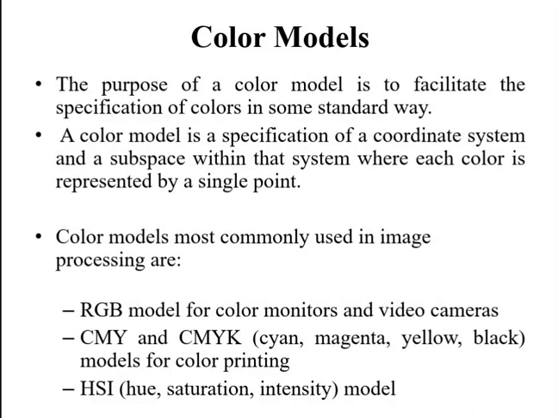The last one is the HSI model, meaning hue, saturation, intensity, which corresponds closely with the way humans describe and interpret color. The HSI model also has the advantage that it decouples the color and grayscale information in an image, making it suitable for many of the grayscale techniques developed